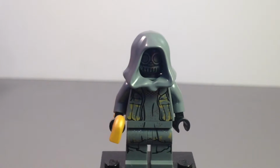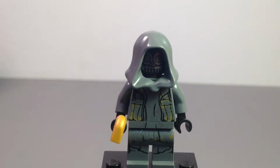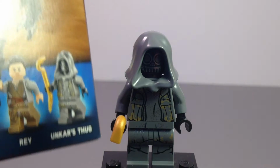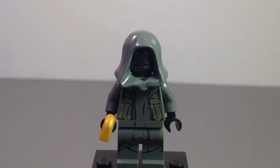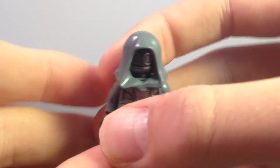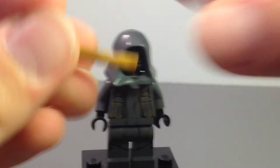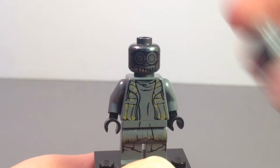I don't know. And the other minifigure in this set is simply named on the box as Unkar's Thug. I have no clue who Unkar is. Maybe some sort of pirate on Jakku or something. I don't know. But he does come with a dark gray hood, which I don't think it's new, but it might be. And he also comes with a gold crowbar, which I have no idea why. Make more sense if he came with some sort of blaster, but